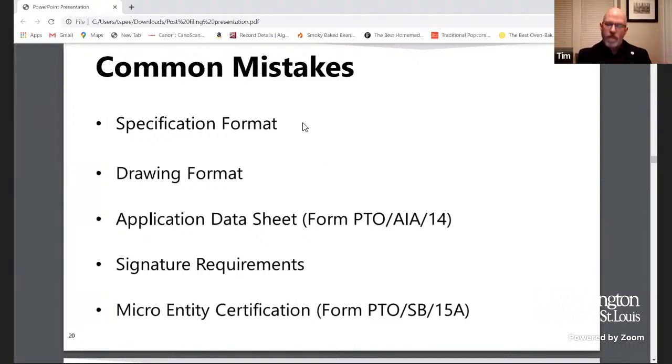So these things are the formatting of the specification. There are rules, again, in 37 CFR, which talk about the way you number claims. We're going to go through more of it: the font you use, the spacing, all these sorts of things have requirements. Same with the drawings, the application data sheet, signing, and then we're going to also talk about what's called the micro entity status. For very small companies and inventors, we have micro entity status, which basically gets you very reduced